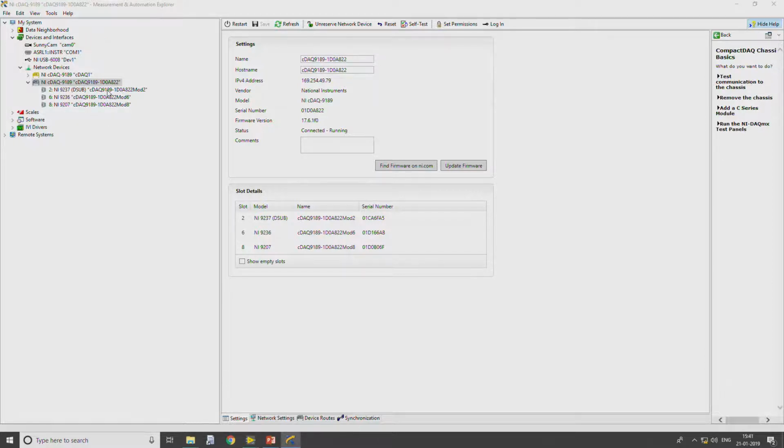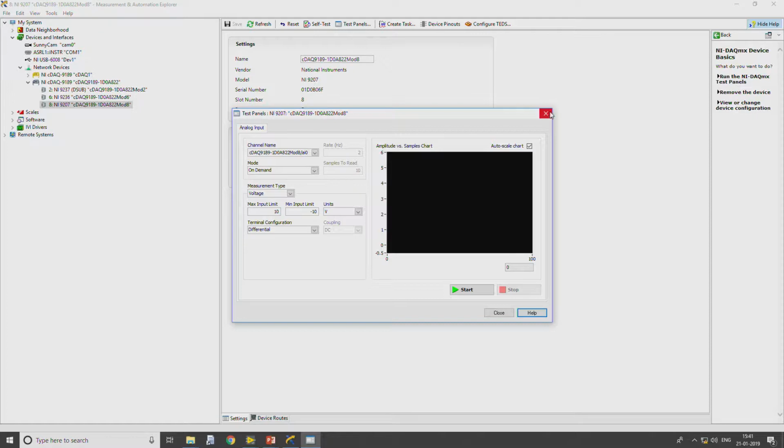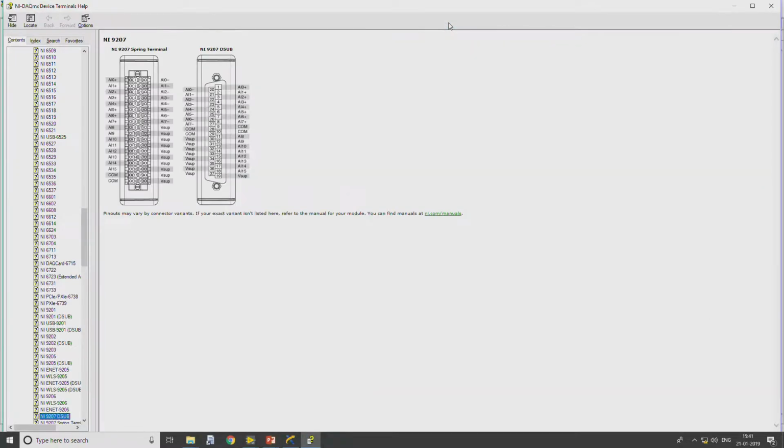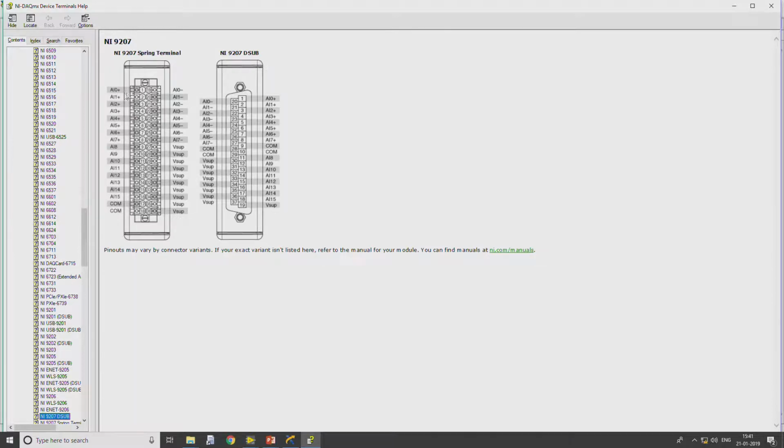We will be accessing NI 9207 in order to acquire the data from the sensor. If you look into the pinouts of this particular device, this is the system that we have.